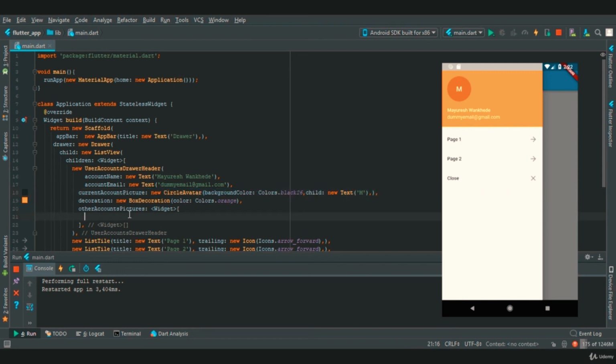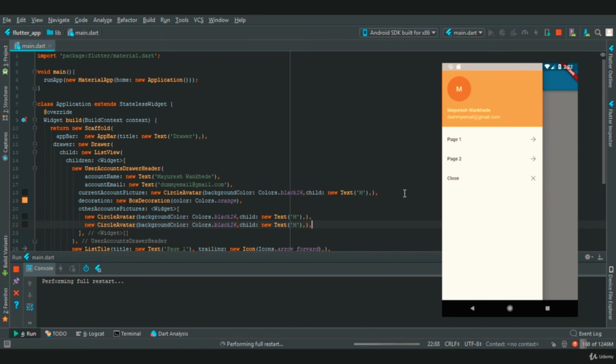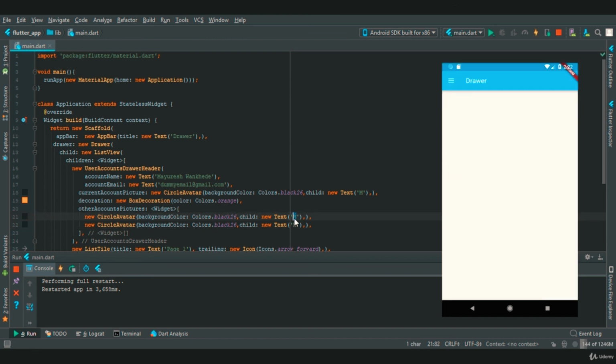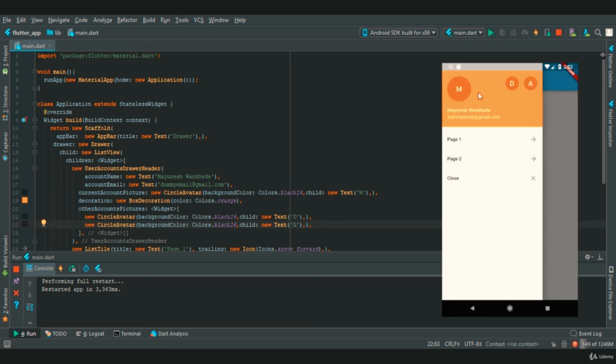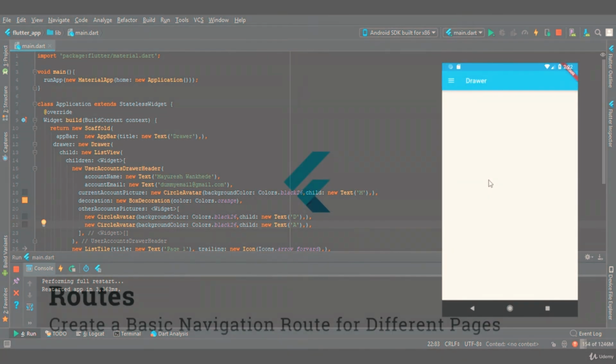We'll copy this and paste two times. Now let's restart our app. Now if we click on the icon, you can see we have also got the other accounts, and that's it. That's how you create a basic drawer.